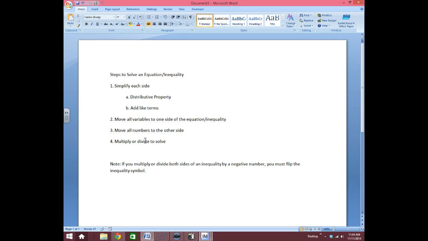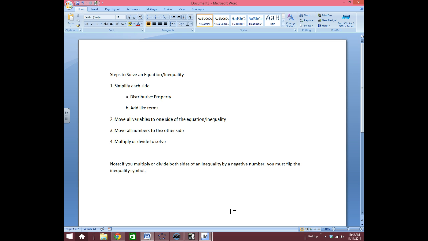Okay, so these are just a few supplemental problems for section 5.5 for pre-algebra, just to give you another avenue to look at some similar examples to what we did in class. First thing I want to talk about, though, is going through the general guidelines for solving an equation or an inequality. For the most part, it's all the same process, except when it comes to multiplying or dividing by a negative. There's more to it than that, but what we see in pre-algebra, that's all we really have